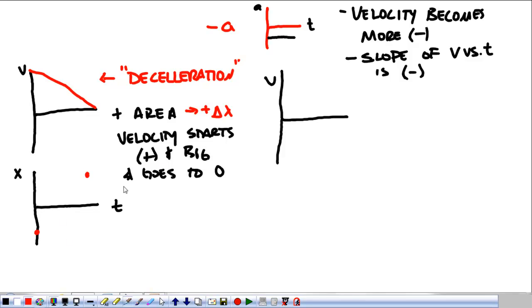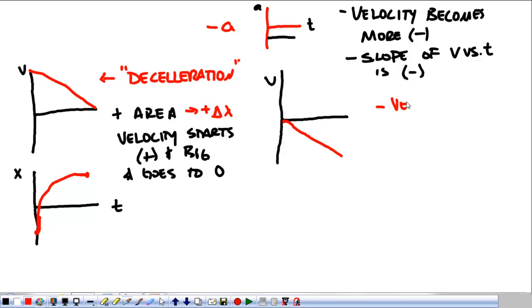And my velocity, my slope, rather, over here, is going to start very big and very positive, and it's going to end up close to 0. So my displacement versus time graph is going to look like that. That's all of these things happening. I'm covering less distance as time goes on. Now, looking at the other case, for the velocity versus time graph, that looks like this,